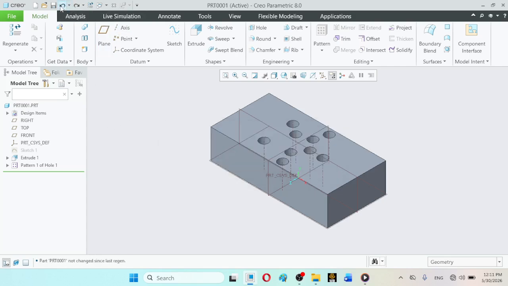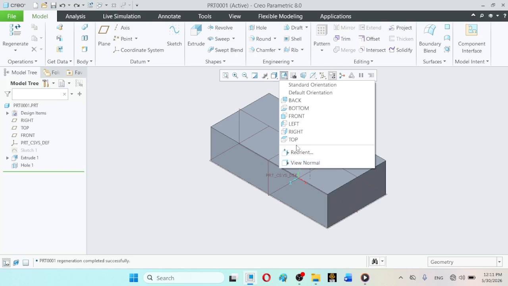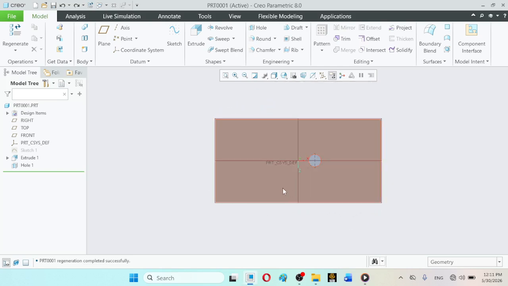So let us again undo it, again keep on undoing it. So this was actually the parent feature. For example, if we look at it from the top view, we want a datum axis to be at this location. For example, you can say 100 units in this direction, in the left direction from this central plane. So how will that axis actually be defined?